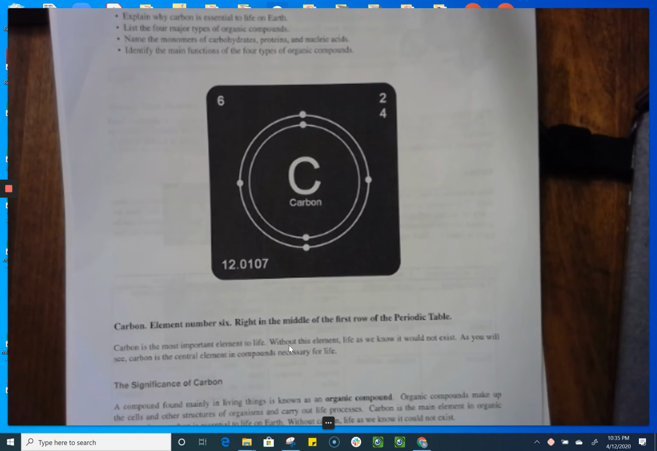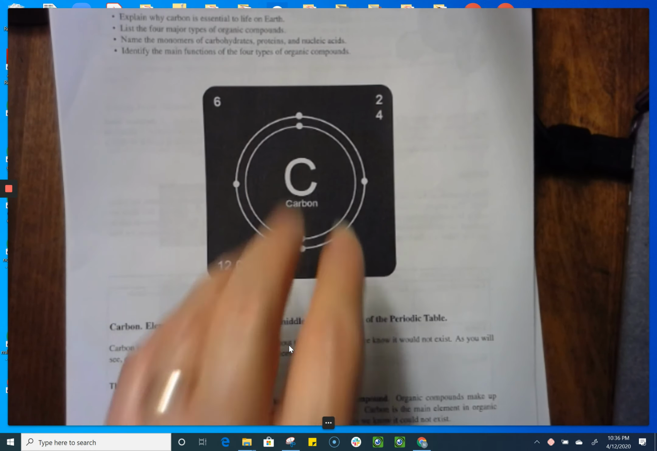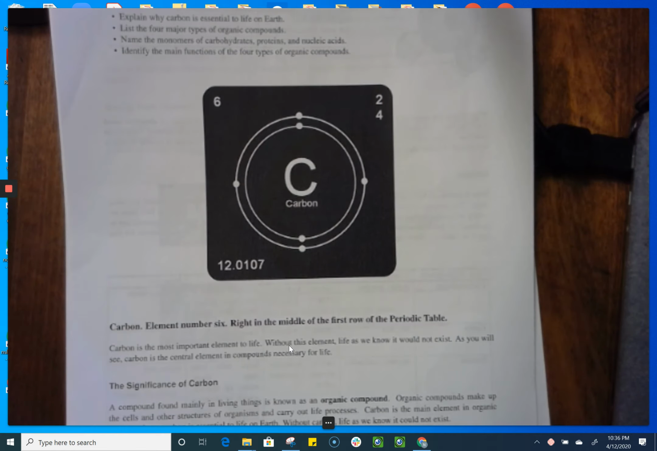So carbon has 6 electrons, 2 in the first energy level, 4 in the second, and it would like to have 8. So if there's a lot of hydrogen present, that carbon atom will bond with hydrogen. It'll also form bonds with oxygen, and that creates your carbohydrates. Carbohydrates will be combinations of carbon, oxygen, and hydrogen. And because there's 4 bonding points here, 4 electrons that can be shared, carbon will make huge branched chains of